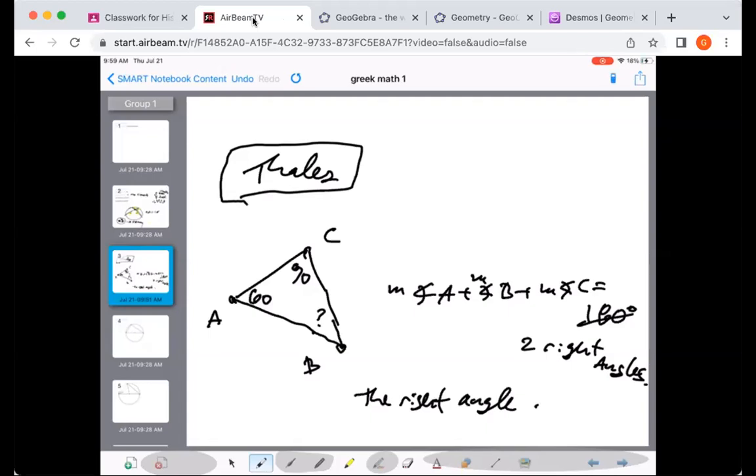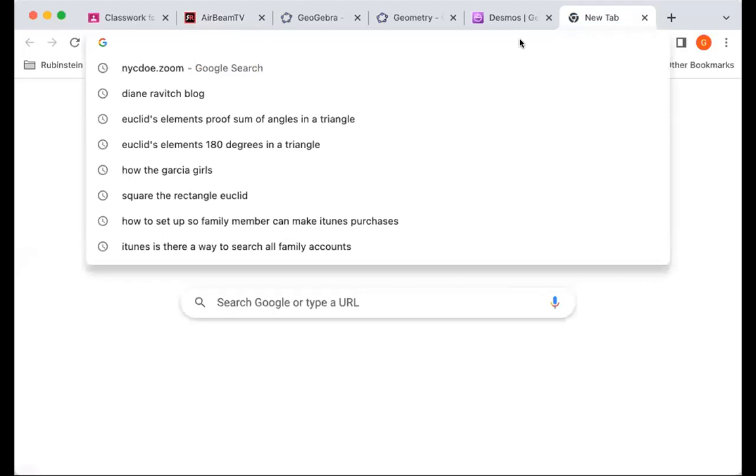So how do we go about proving this? Well, we need a starting point. You can't just start proving stuff because otherwise it's very philosophical. Like, what do you know? What do we really know for sure? And for that, at least by the time we get to Euclid, I'm going to write down Euclid's